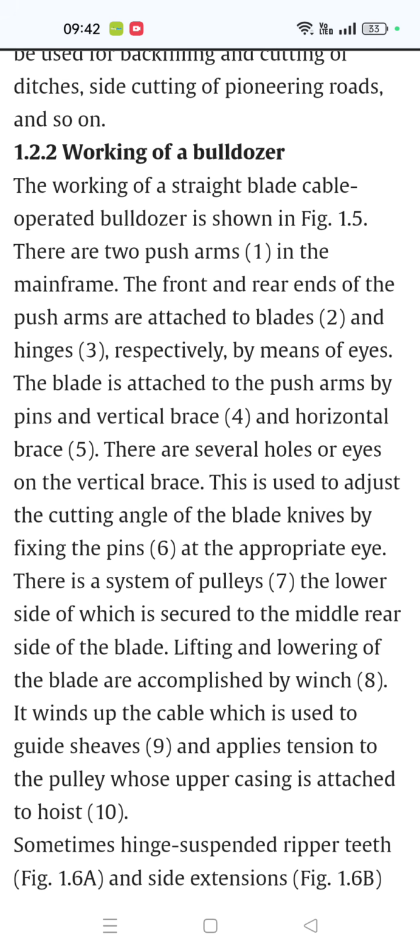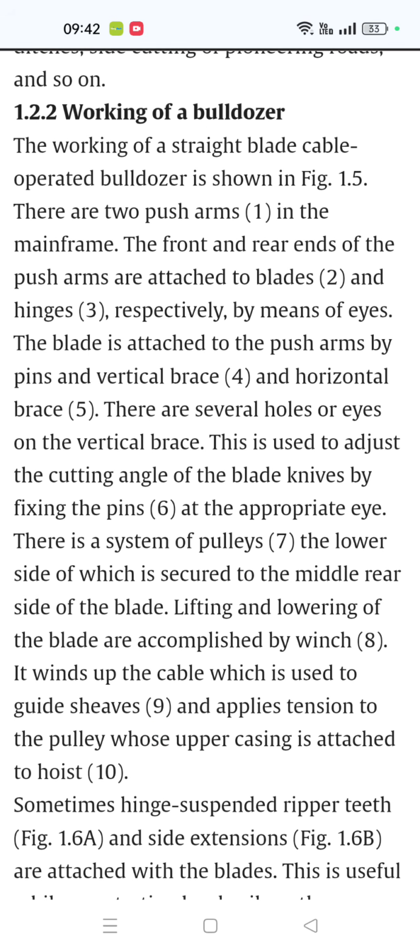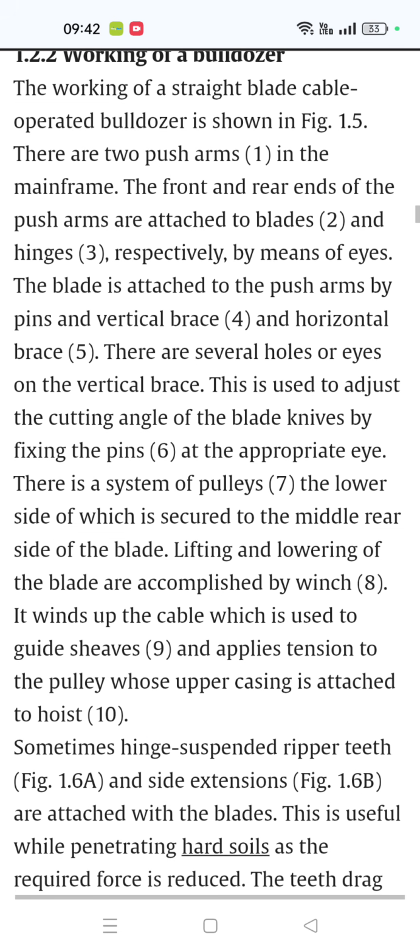The front and rear ends of the push arm are attached to blade 2 and hinge 3 respectively. The blade is attached to the push arm by pin and vertical brace 4